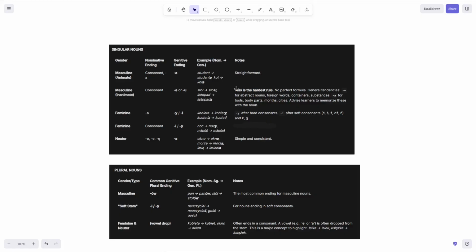So this is probably the hardest of them all because there is no perfect formula. So some tendencies is that the U happens more often for some abstract nouns such as love or happiness or stuff like this, foreign words, containers and substances, and A for tools, body parts, months, cities. So months you have, for example, over here. And cities would be, for example,